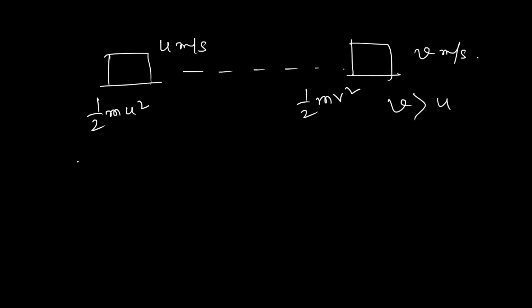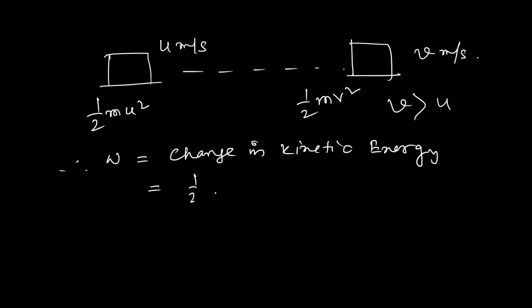So what is the formula for work done? According to the work energy theorem, the work done on the object is equal to the change in kinetic energy, that is half of m into v square minus u square. Right, now with the help of this work energy theorem, we are able to solve different numerical questions where the speed of the object is given and you have to find the value of work done. So read the question carefully and gather all the information shared in the question.